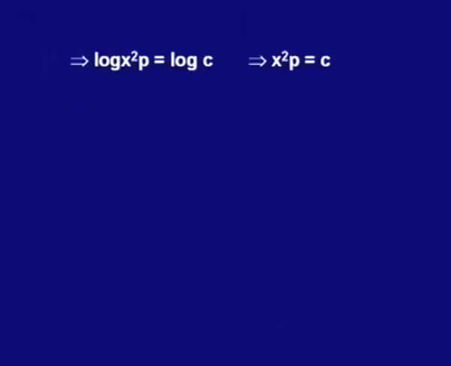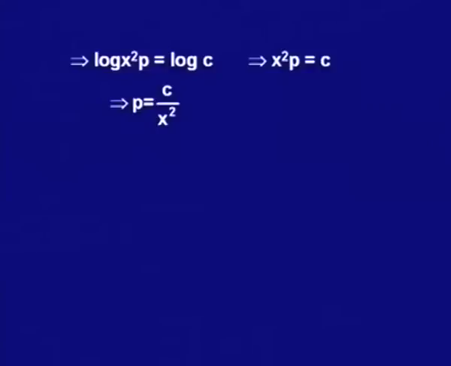Now, from here we do get p as c upon x square. Now, we have to solve the solution of this solution and the given equation so that we can get the solution as y. We have to eliminate p actually. So, what we do is that here we are getting the value of p as c by x square. We will use this in our original equation where we are having y is equal to x to the power 4 p square minus px.